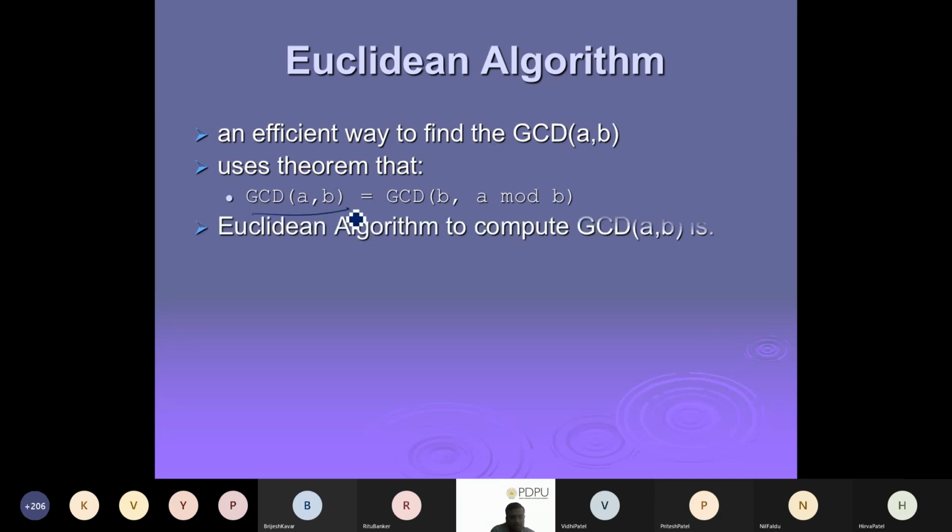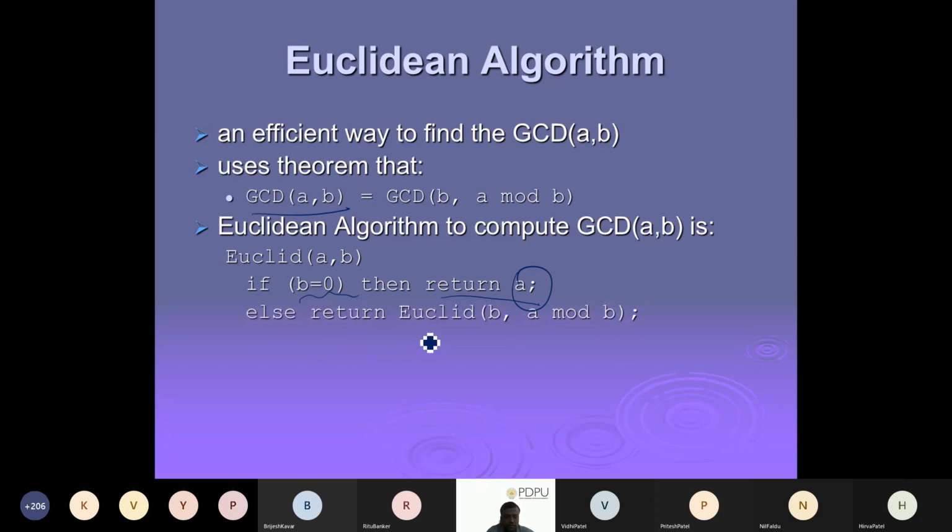We know the code: every time, until we don't get the remainder 0, that is, until our b part is 0. So b was the remainder in the previous case. In the next recursive call, if b is 0, then you return a, and a will be our answer. But if b is not 0, you have to call the function again. It is a recursive function: you call it again, changing a to b and b to a mod b. That's how the modulo is used here. You can see it is just 3 lines of code.